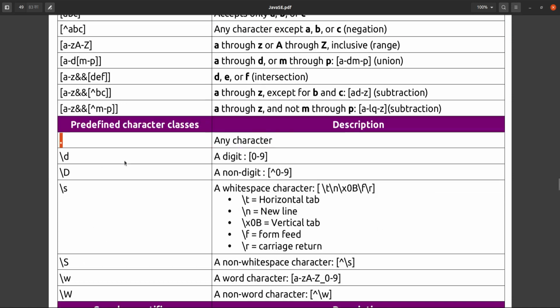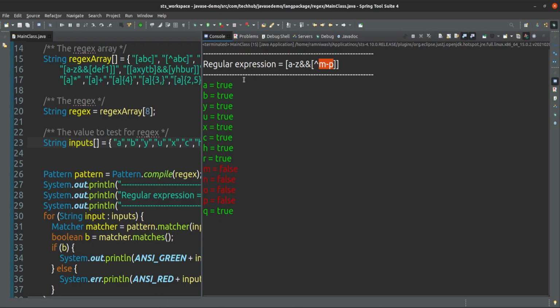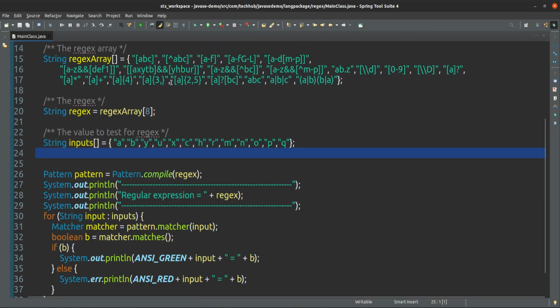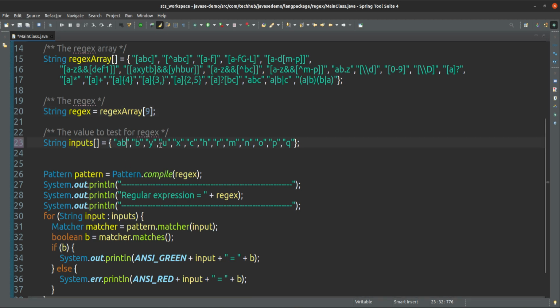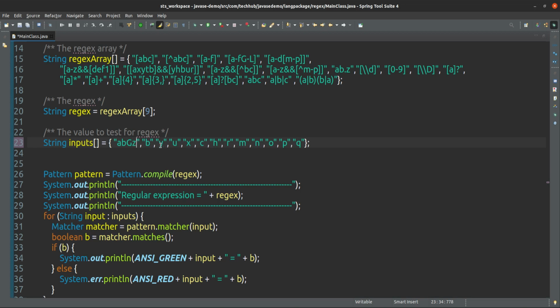Suppose what if I will give here, that is fine, the 9th one. Okay, the 9th one. So what exactly means AB? Suppose in this AB G Z, it can accept this one, no issue.